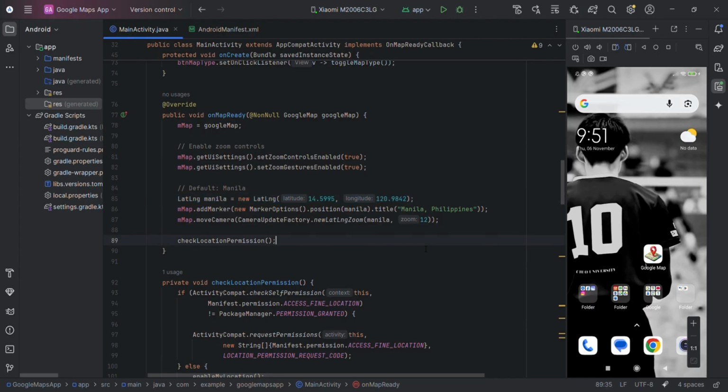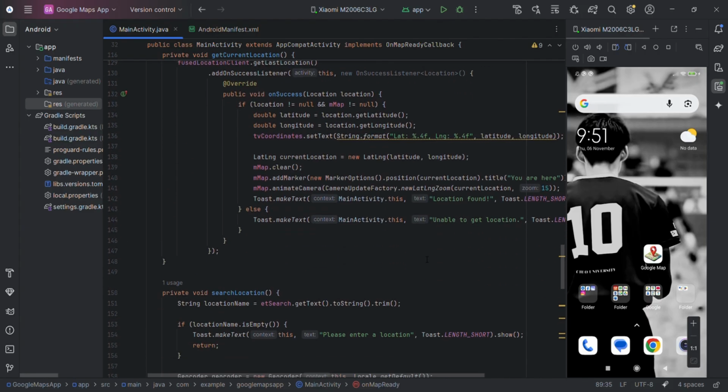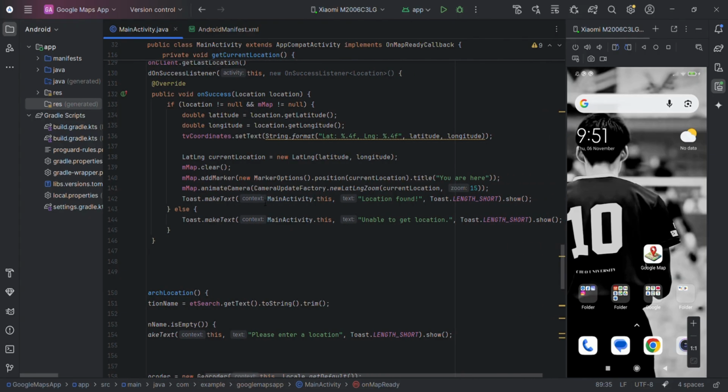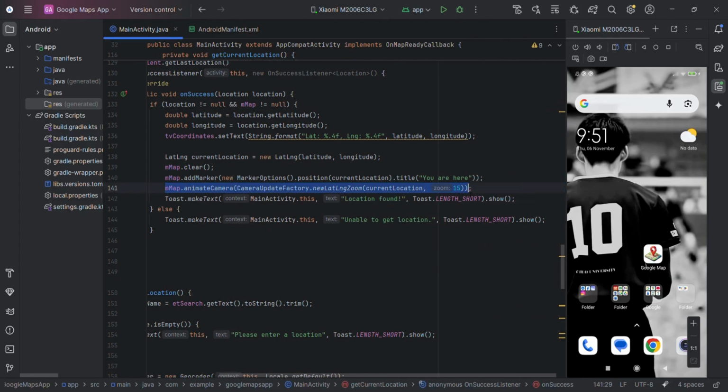The next question is how to move the camera to a specific location. After placing a marker, we need to move the camera or map view to that position. This is done using the moveCamera or animateCamera methods.